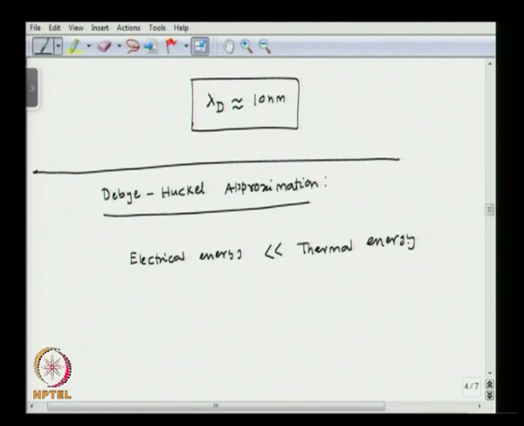So we can say that JD into phi, charge into voltage, is less than the thermal energy, which is Boltzmann constant into temperature. Now if you impose this condition on this equation here,